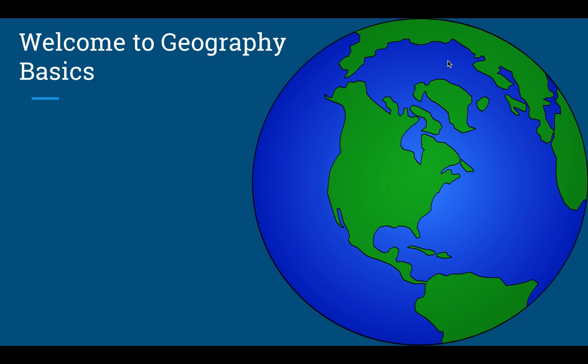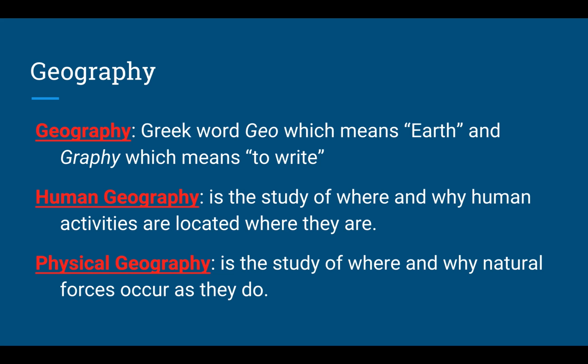Hopefully most of us know a couple of things about geography. Looking at your handout in front of you, the first part of the handout, we're basically just going to define three major terms. Geography is the first term that we need to define. On your notes, you need to just write down the definitions and then we will move on from there. Geography is a Greek word. It's broken down into two parts: geo, meaning earth, and graphy, which means to write. So, writing about the earth.